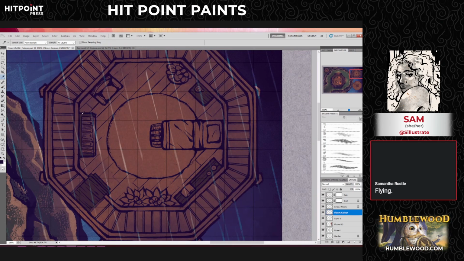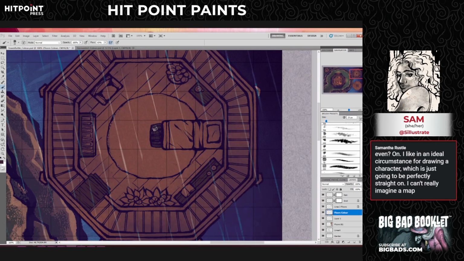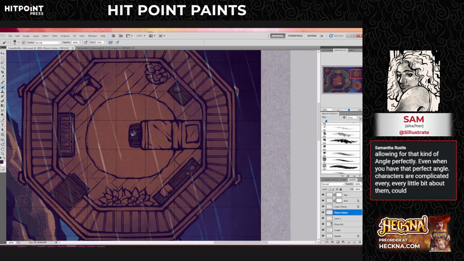Drawing characters is a whole other ballgame. Listen, even in an ideal circumstance for drawing a character, which is just going to be perfectly straight on, I can't really imagine a map allowing for that kind of angle perfectly. And even when you have that perfect angle, characters are complicated. Every little bit about them could end up reading a way that you don't intend, and all of it has to look right, because